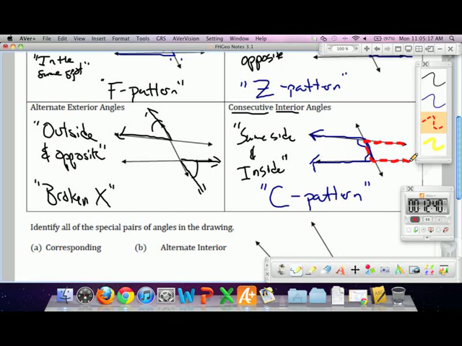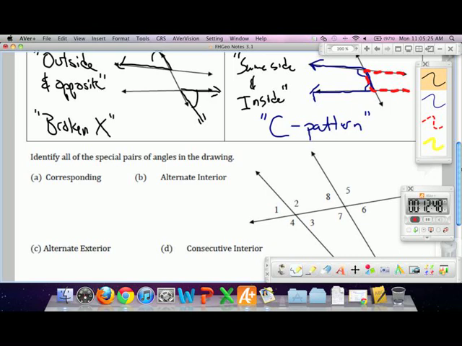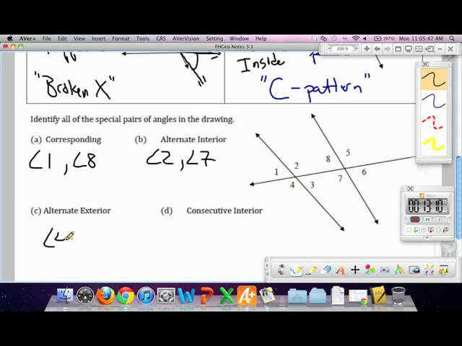In your document, I'll do one pair for each of these. You can fill in the rest before you head out. So corresponding, you could have, say, angle 1 and angle 8 would be one pair, and there are 3 others. Alternate interior could be angle 2 and angle 7. Alternate exterior could be angle 4 and angle 5. And consecutive interior could be angle 2 and angle 8. There are 3 other corresponding pairs, and 1 other for each of these. You fill them in on your own. Your homework is